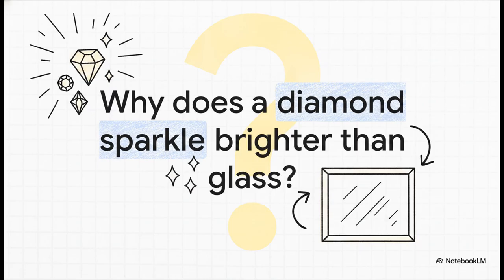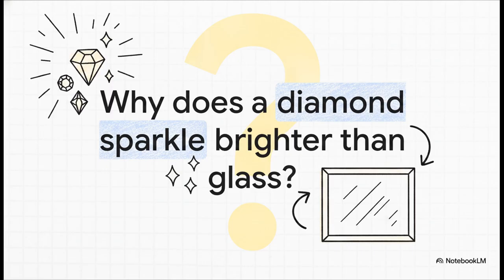To kick things off, I've got a quick brain teaser for you. I really want you to ponder this. Why is it that a diamond seems to have light totally trapped inside of it, bursting with brilliance, while that exact same light passes straight through a pane of ordinary window glass with barely a glimmer? I mean, they're both clear, right? Well, the answer isn't magic. It's pure, elegant physics. And by the end of this explainer, you're going to know exactly how to engineer the